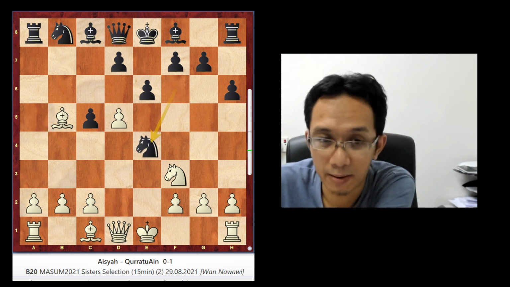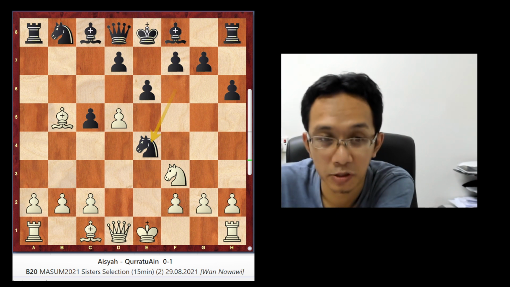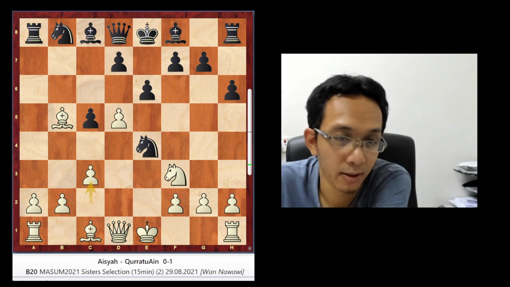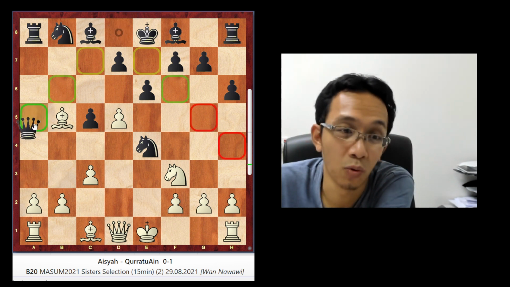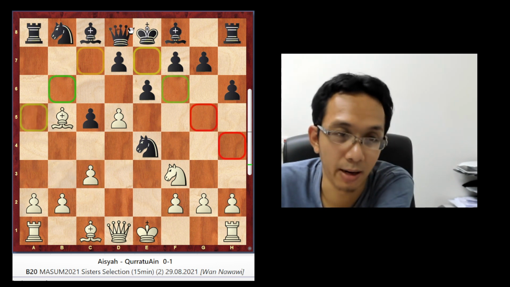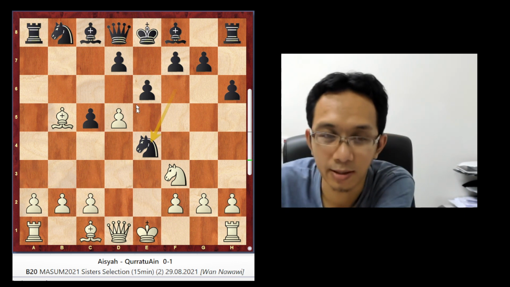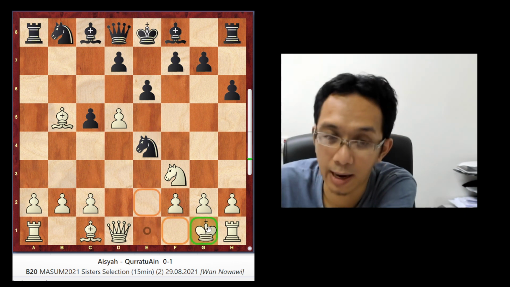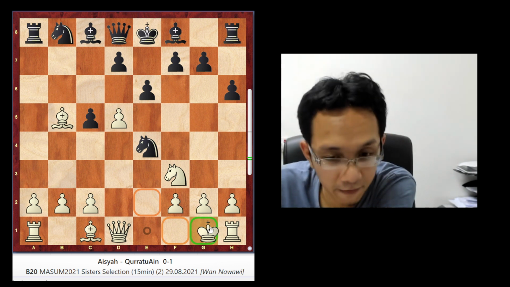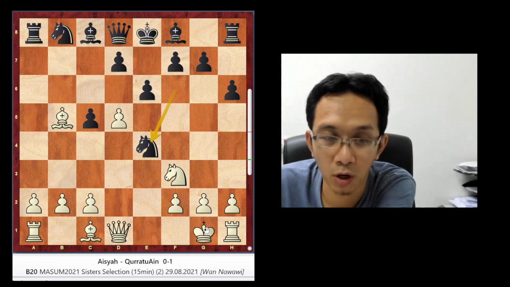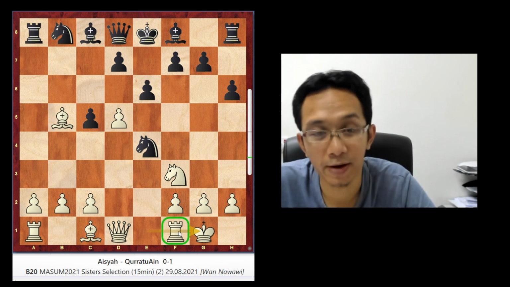But black plays that, and then c3. I don't know why. You should just castle. Maybe you want to prevent this, but why not just castle? It is much faster, and when you castle, not only do you make your king safe, but you also activate your rook.